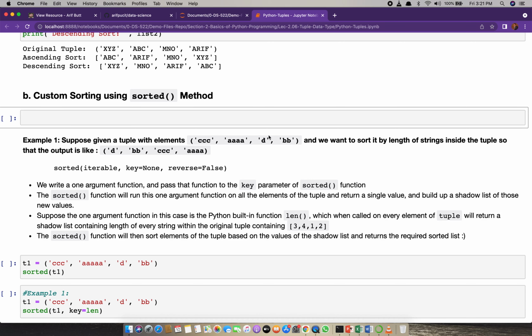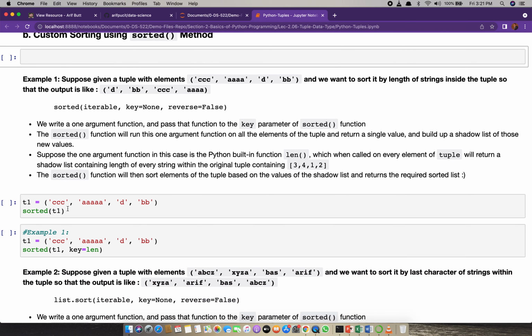Suppose we have, this is the same example, I think, a tuple having these 4 elements: 3 C's, 4 A's, a single D and a double B. And we do not want to sort it alphabetically, rather we want to sort it by the length of the strings, so that the output is the string having a single character, this D, should come first, then 2 elements, then 3 elements, and then 4 elements. So for this we need to make use of this key argument of the sorted method. We need to pass a one argument function to this key, and we just pass the len function to this. So what happens is